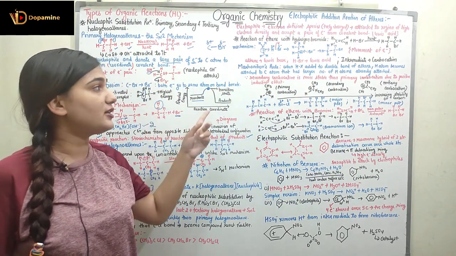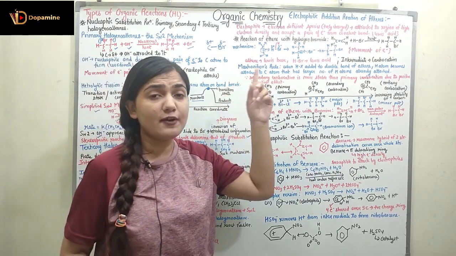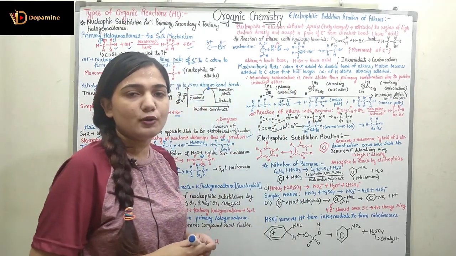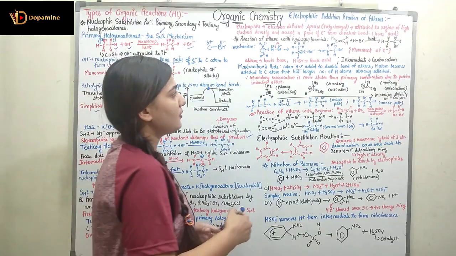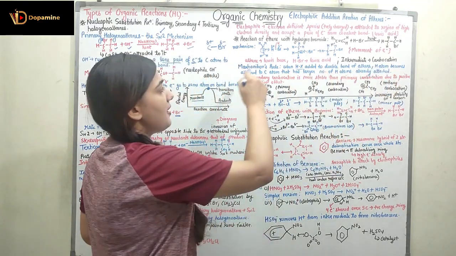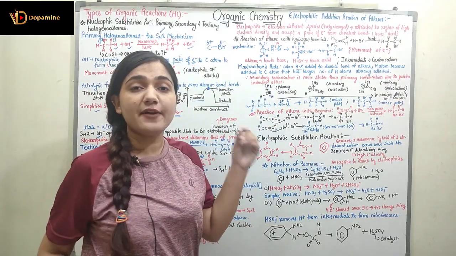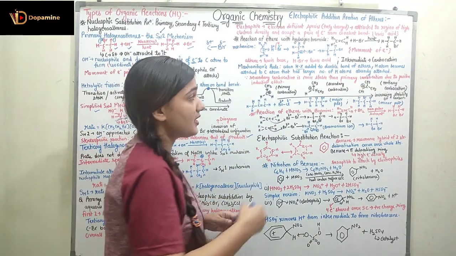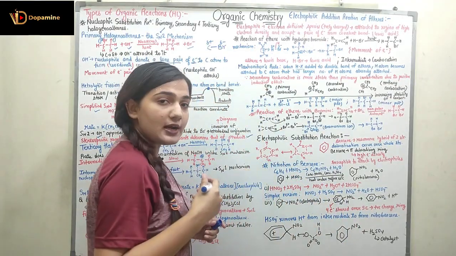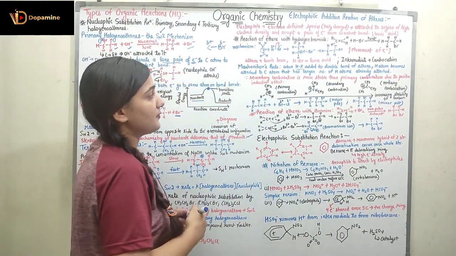Now coming to Markovnikov's rule. According to Markovnikov's rule, when I am adding HX, where X could be chlorine, bromine, iodine, anything, to the double bond of an alkene, hydrogen becomes attached to the carbon that has the larger number of hydrogen atoms. So hydrogen will move to the carbon which has more hydrogen atoms, because